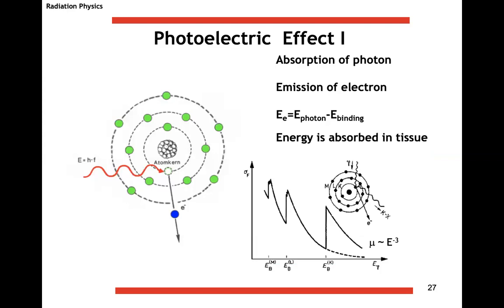Okay, these things are very well known to the physicists, but let me go quickly through them. Photoelectric effect, as I said, is the absorption of a photon with the emission of the electron. The cross-section as a function of the energy of the photon goes down with energy. All cross-sections go down with energy. Always remember that. In general, we will see that there are exceptions, but in general, they tend to go down because, of course, you reduce the probability of interaction if you run fast.